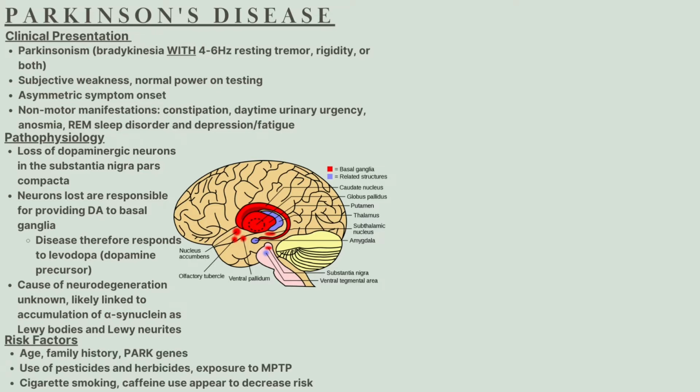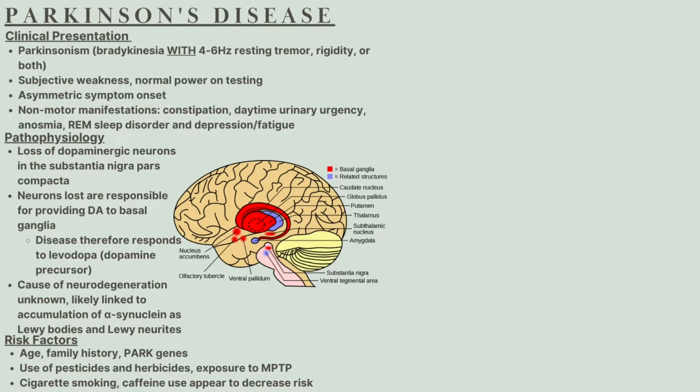Some of the risk factors associated with Parkinson's disease are age, family history, and PARK genes. So that's PARK. These are the genes that confer some level of polygenic risk of Parkinson's disease. In addition, exposure to pesticides, herbicides, and the chemical MPTP is also associated with Parkinson's disease. Things that seem to decrease the risk of Parkinson's disease include cigarette smoking and caffeine intake. I should stress, though, that we do not endorse smoking, and any potential risk benefit in Parkinson's disease is likely